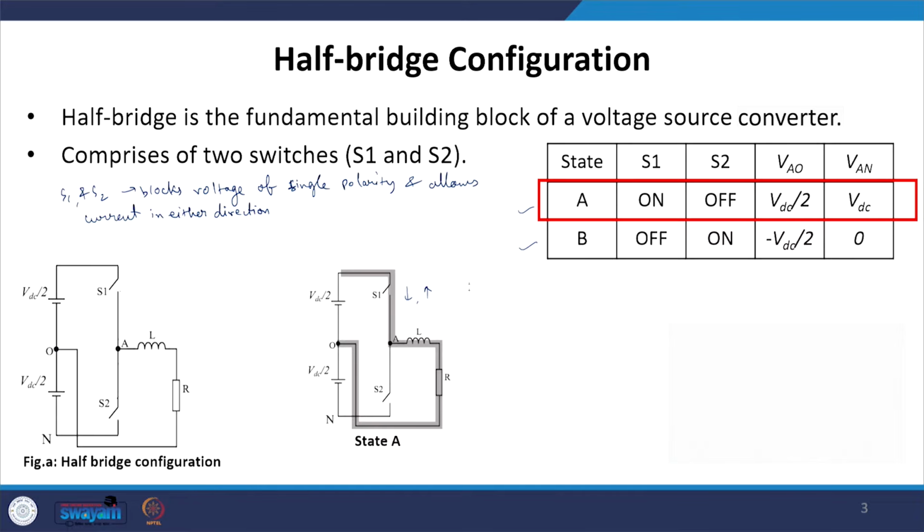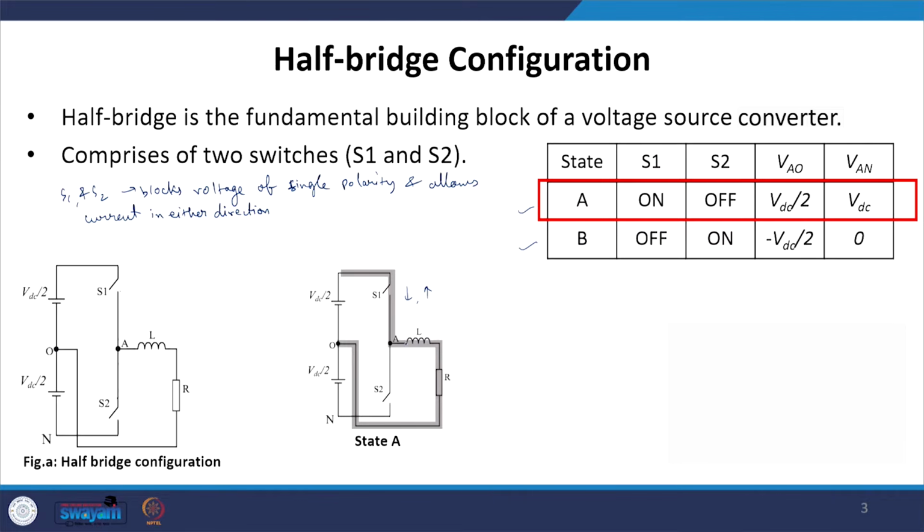Now if you look very carefully, here we have a resistive load and a large inductor kept at the pole of the half bridge, which is the standard configuration one can have in any voltage source converter, whether it is AC to DC, DC to AC or DC to DC converter, where the inductor is placed at the pole of the half bridge.